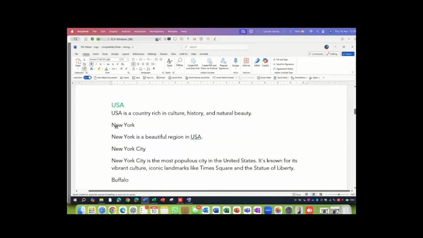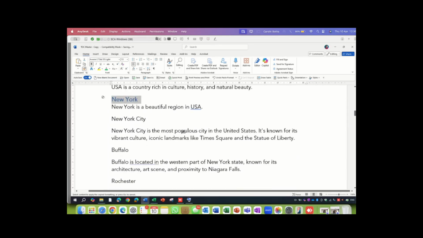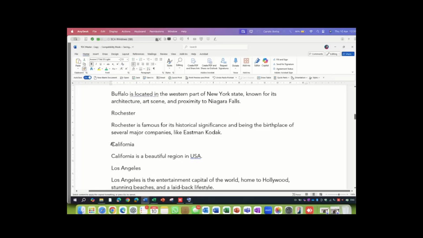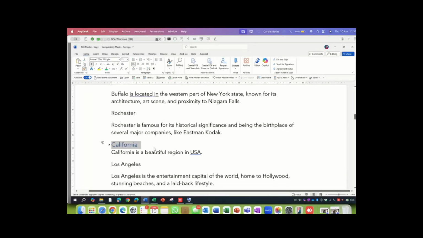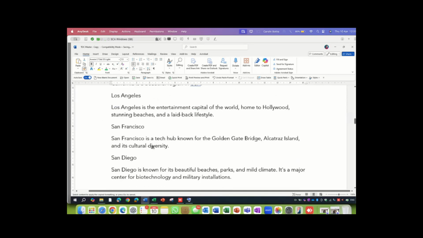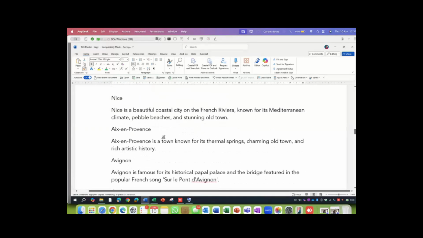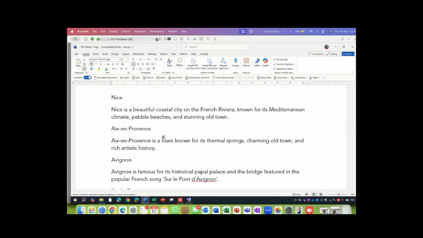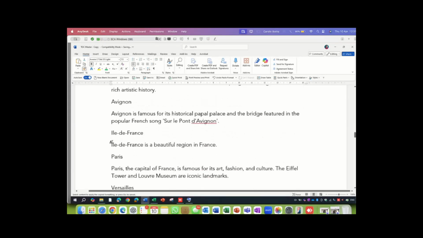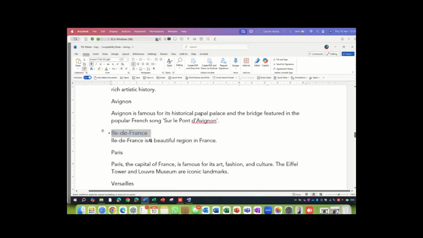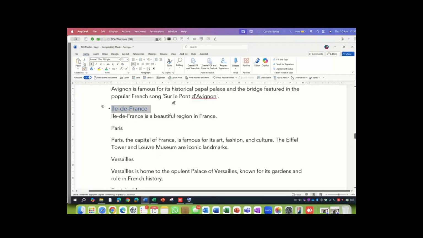Then in the USA, one of the regions, or states as they call it, is New York. And the other one is California. There you go. Then when it comes to France, the first region is Provence. My French is good, hey? And then the next one is, I hope I'll be able, this is the next one. There you go. And you could carry on like that.